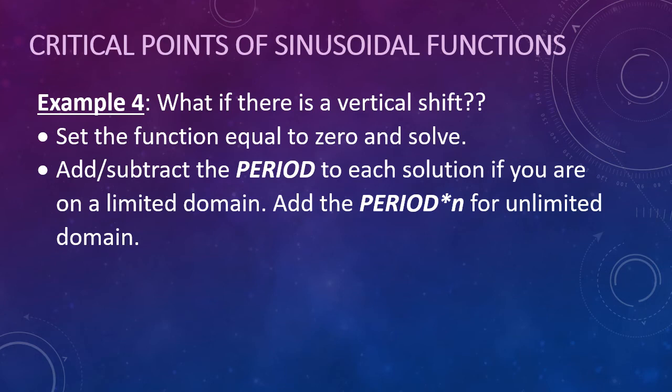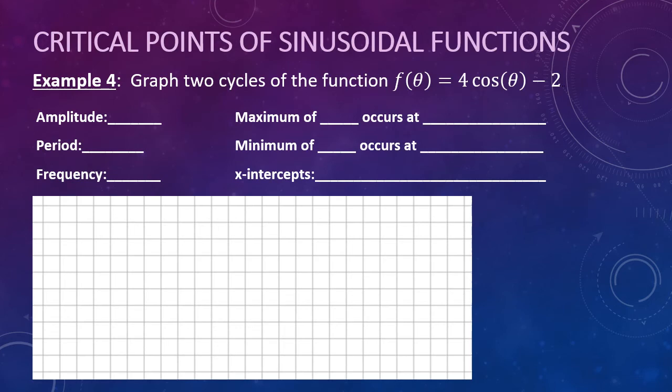So let's think about what's happening. Now we have a vertical shift. So we have this -2 to worry about. I'm going to go ahead and graph my function as normal. So my amplitude is 4. My frequency is 1, and my period is 2 pi. So if I go ahead and graph that,